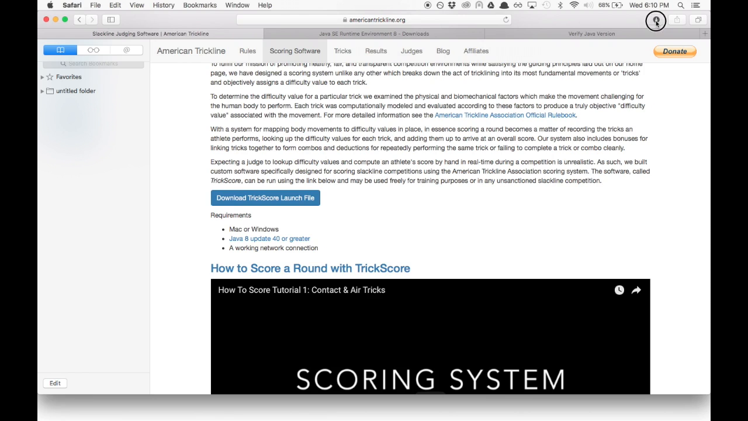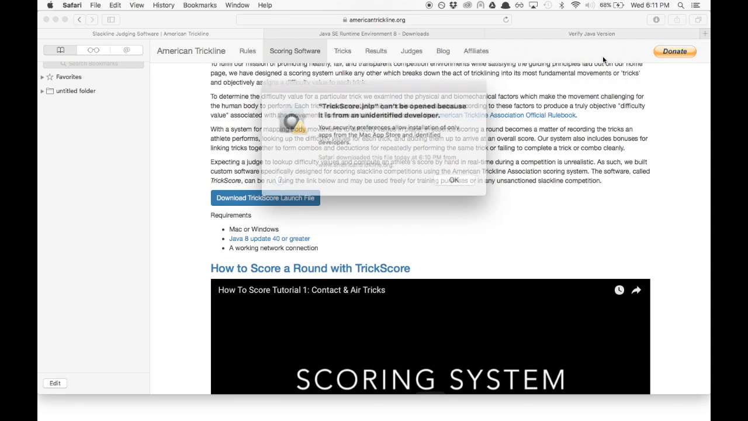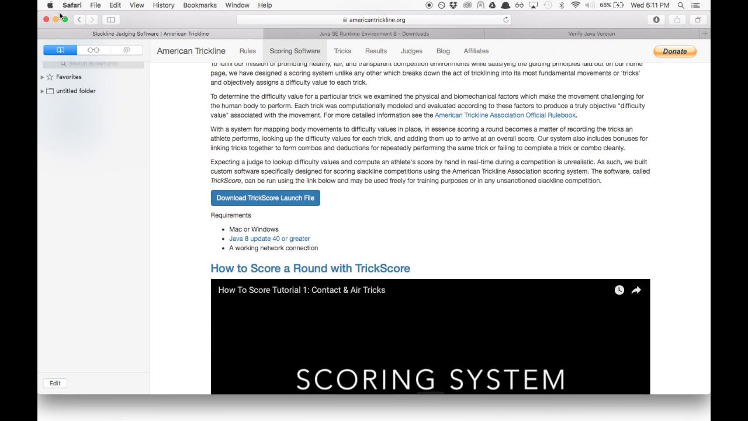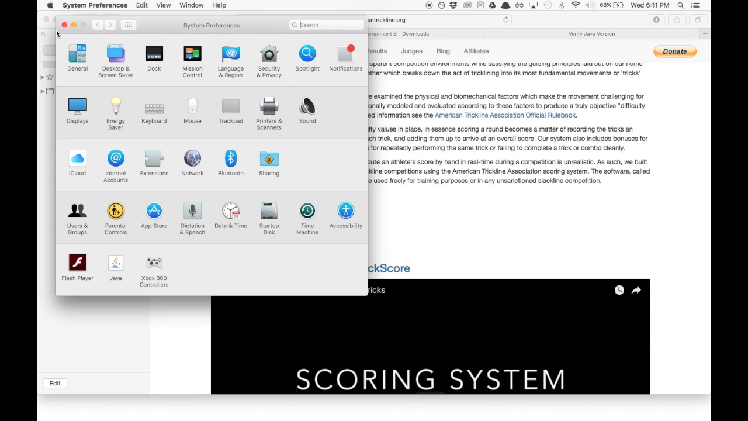I'll go back up here, and as you can see, we've downloaded this trickscore.jnlp file. I'll double click on that. And what's going to happen next is you'll see this prompt that says TrickScore can't be opened because it's from an unidentified developer. So to get around that, we go up to the top left corner and click on the Apple button, go to System Preferences, go to Security and Privacy,